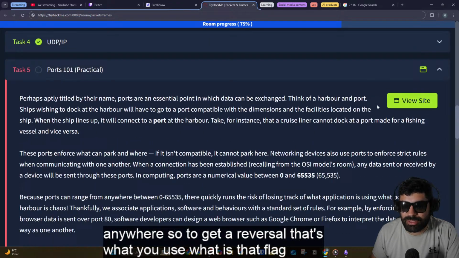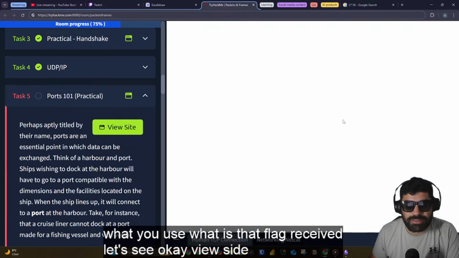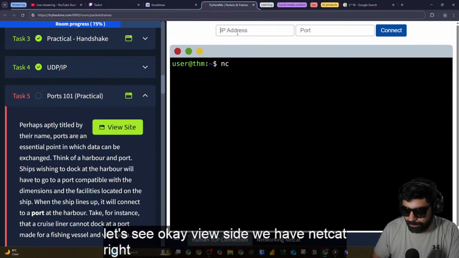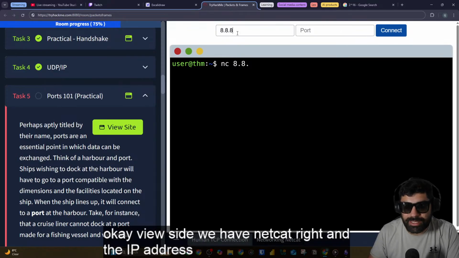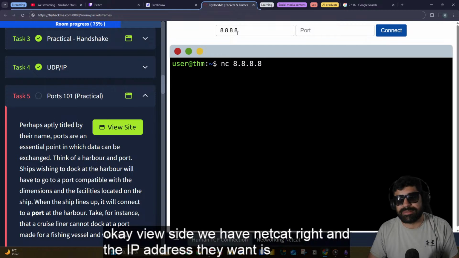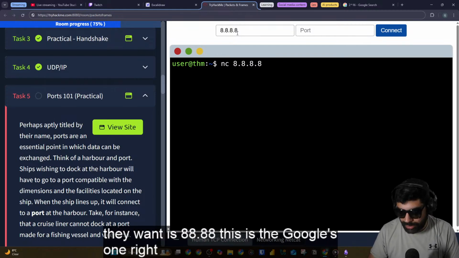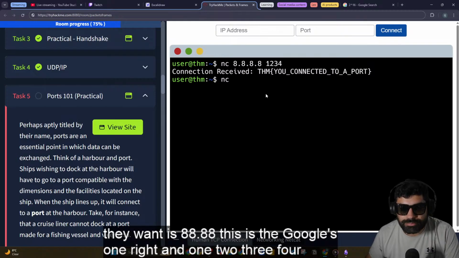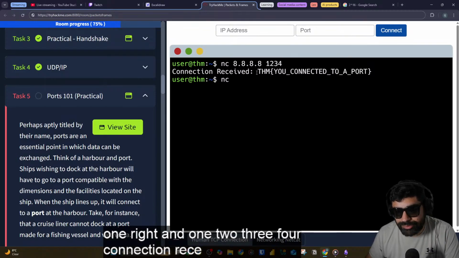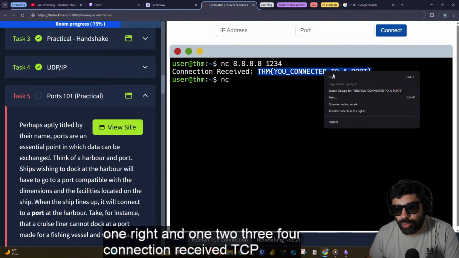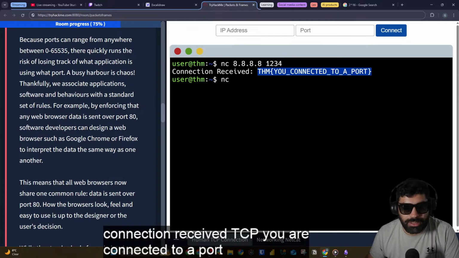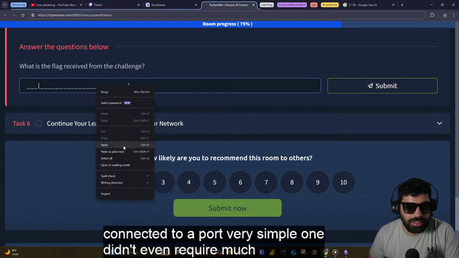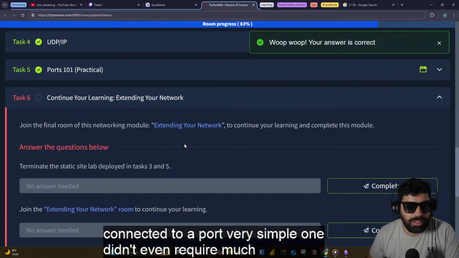Let's see. Okay. View site. We have netcat, right? And the IP address they want is 88.88. This is the Google's one, right? And 1234. Connection received. TCP, you are connected to a port. Very simple one, didn't even require much. Okay,